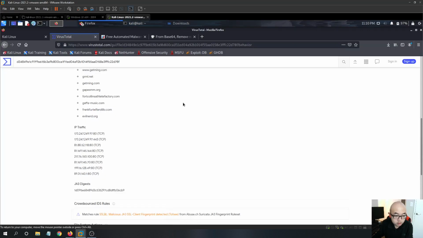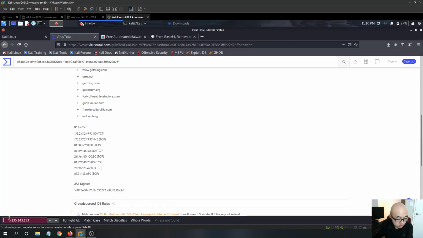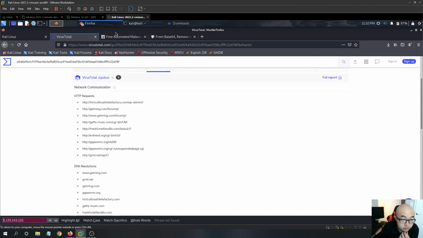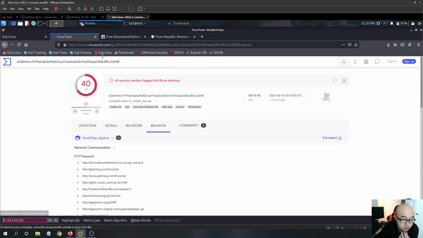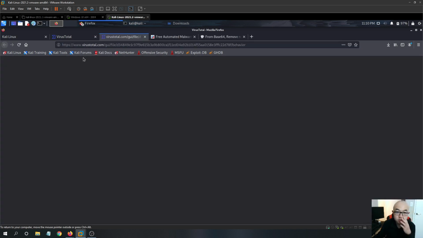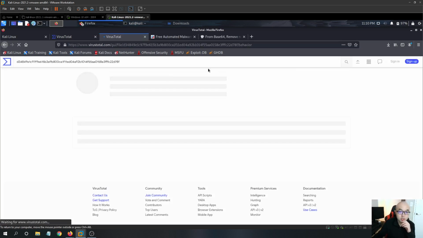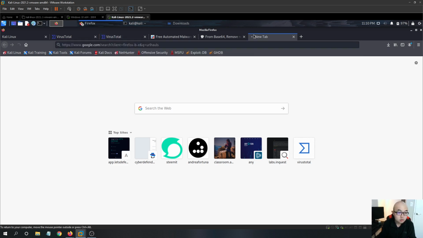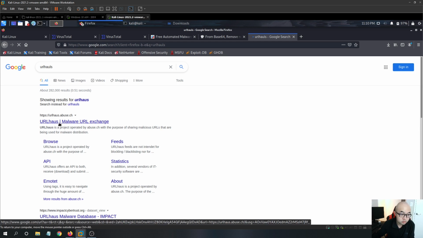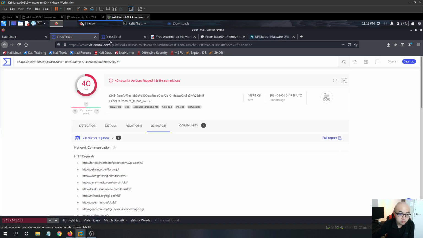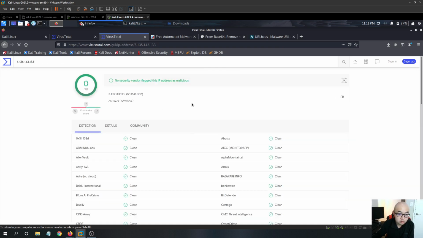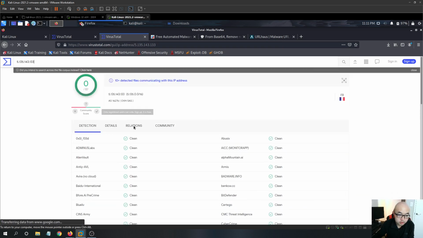It seems like it's trying to do some communications. But we can always search on VirusTotal to see if it is malicious. We can also use URL host. We can search for this IP. This IP is coming back clean,